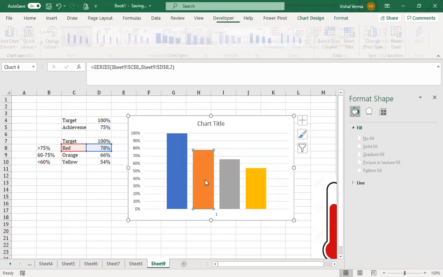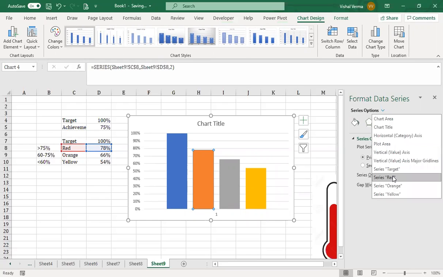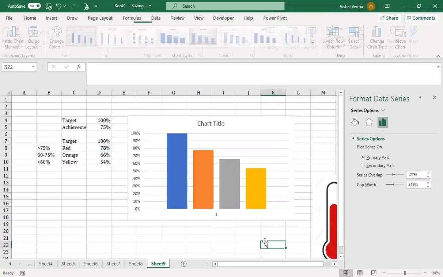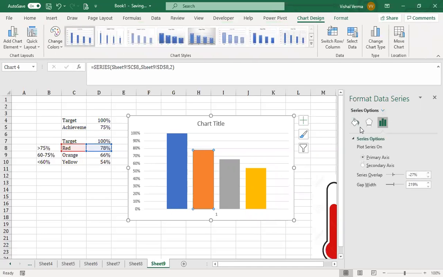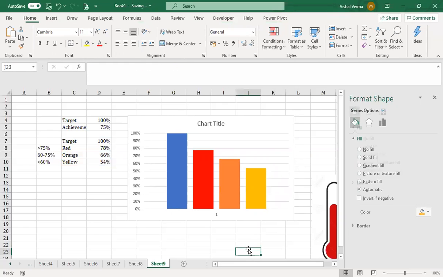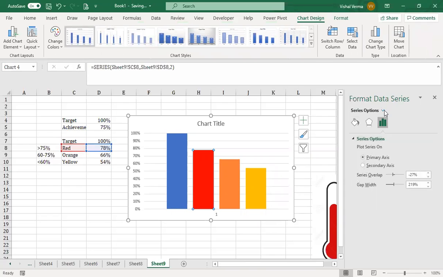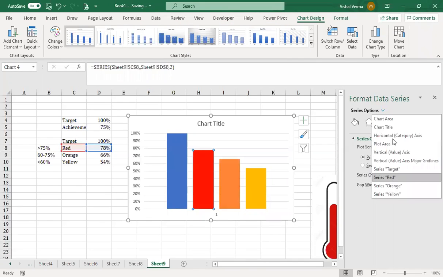So when we select this data, we'll go for the series option. Okay, so we have got red. Let's change the color again. Let's change the color for solid fill as red, and this one solid fill as orange, and this solid fill is already yellow, so we do not need to work on that. Okay, so we go to series option, go to series red, axis.